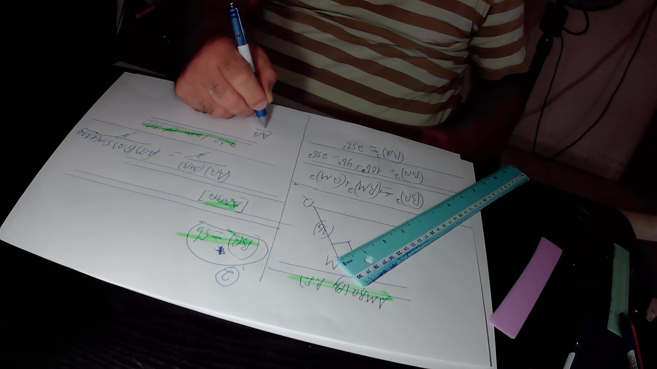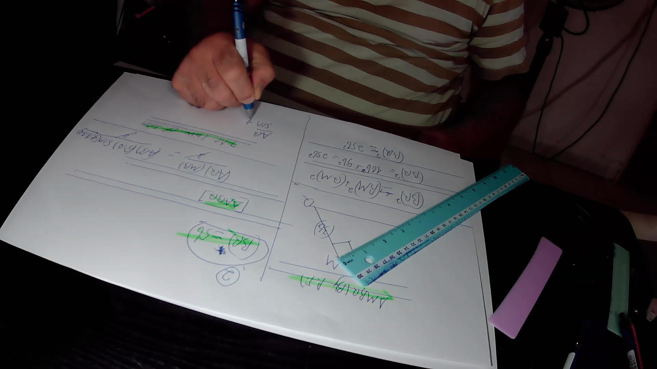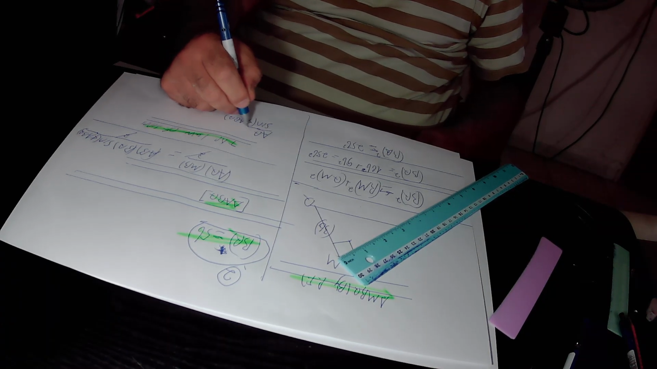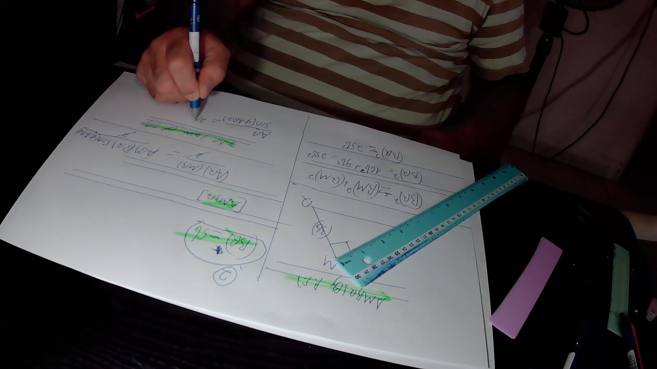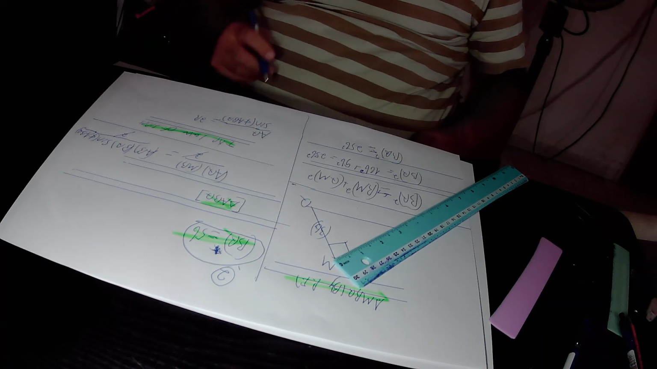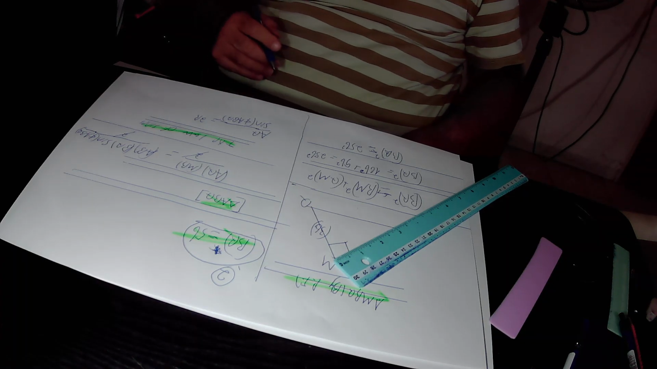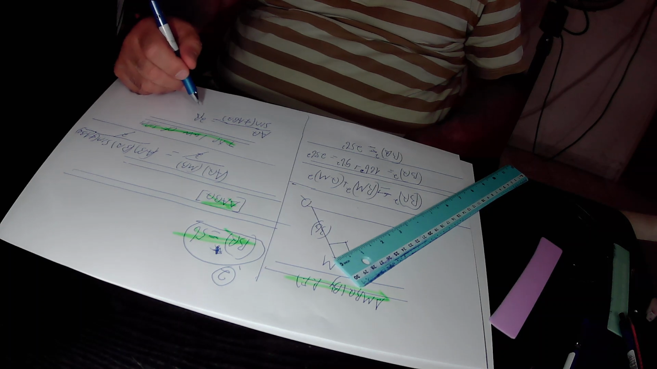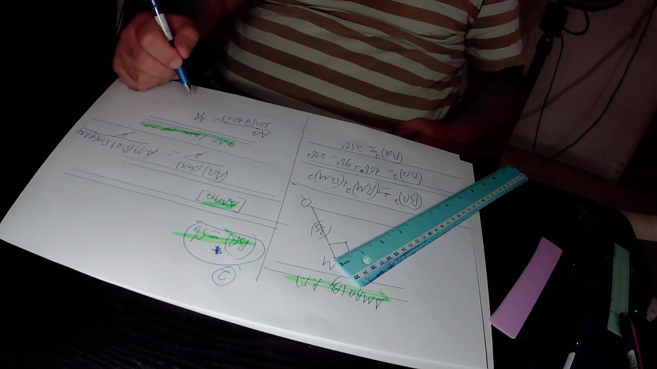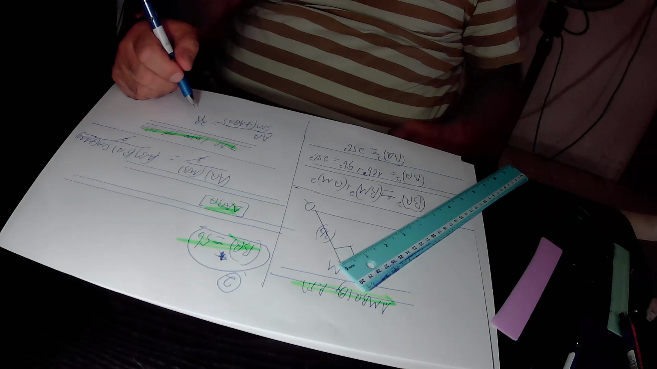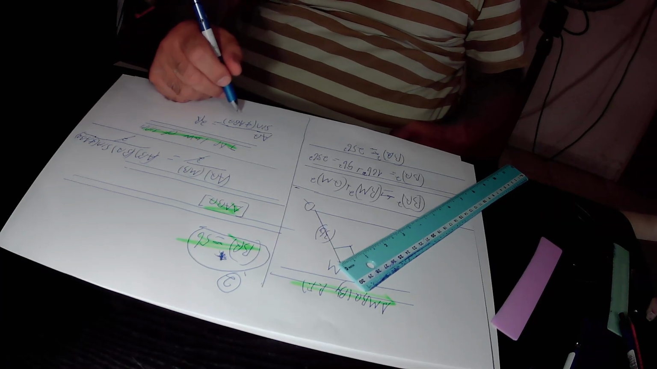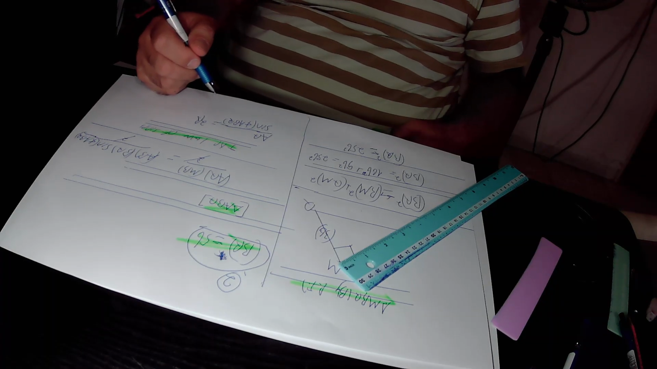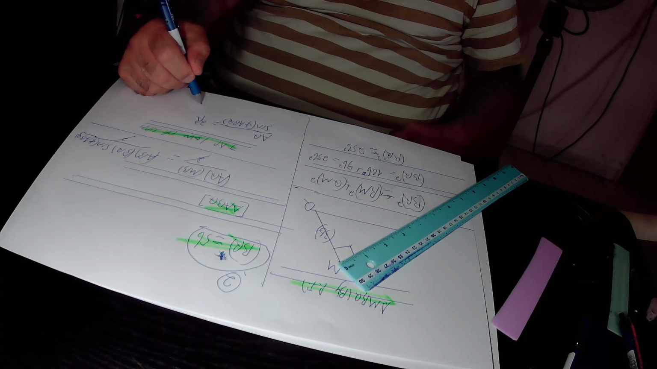AQ over sine of angle ABQ equals 2R. This equation is the implementation of the law of sines in our drawing. Here we will multiply this equation by sine of angle ABQ, and then we will divide it simultaneously by 2R. This way we get that